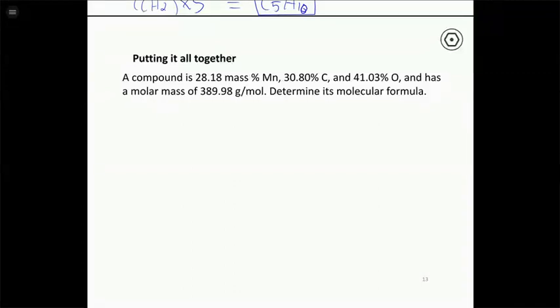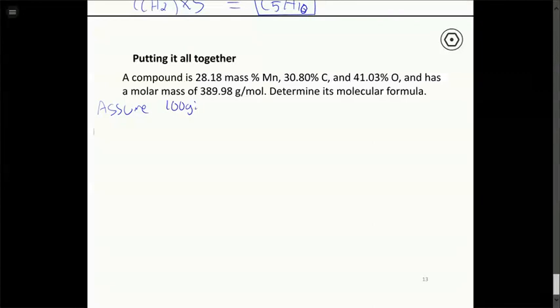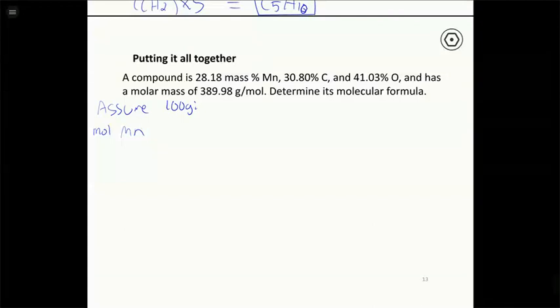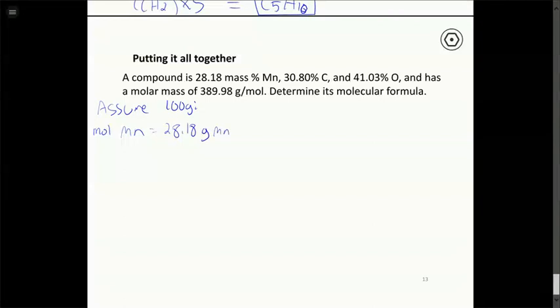If we're given mass percents, the way that we can find the empirical formula, again, is to assume 100 grams. So we convert each of those percentages into a molar amount. If we assume 100 grams of compound, that means we have 28.18 grams of manganese. The atomic mass of manganese from the periodic table is 54.94. So this very familiar step of converting mass into moles, we divide by the atomic mass, and so we have